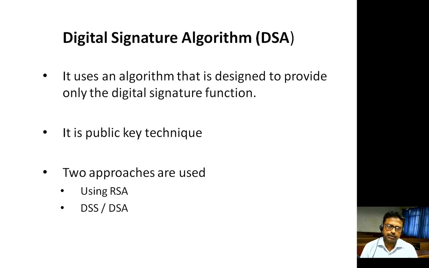So the first approach to obtain the digital signature algorithm is using RSA. We have seen how RSA can be used for asymmetric cryptography. A lot of mathematics is involved by which the public and the private keys are generated. So with this approach, the digital signature algorithm we design is called the digital signature algorithm using RSA. And the second one is the digital signature algorithm, which is also known as the digital signature standard. So let us see one by one what these two approaches are and how this digital signature algorithm is being designed.